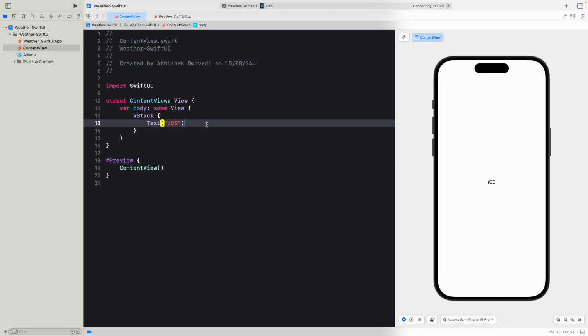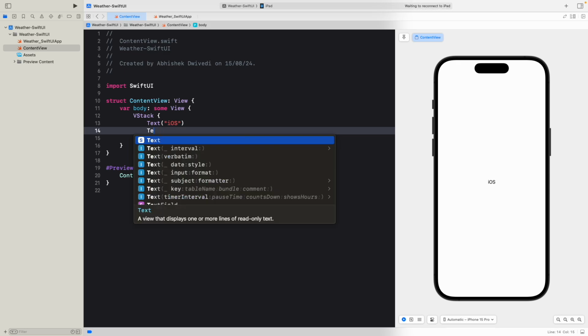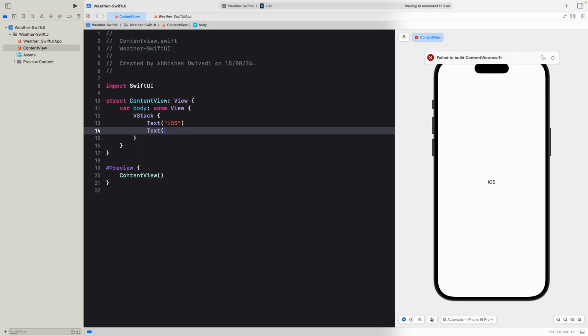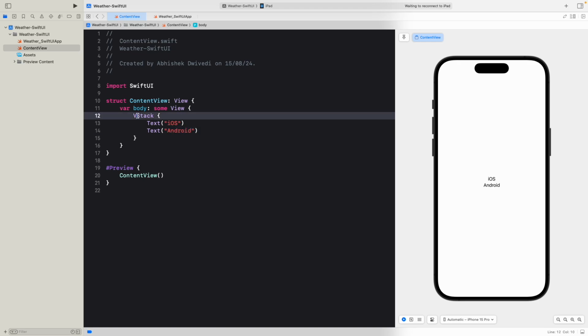Now, what if I put another one? What happens? Tell me. If I put another text here, how do you expect this to come? Correct? It will come below iOS. Let's say Android. Okay? If it was an HStack, okay? If it was a ZStack,